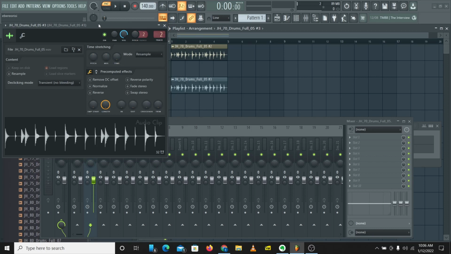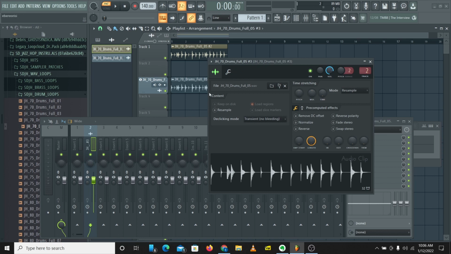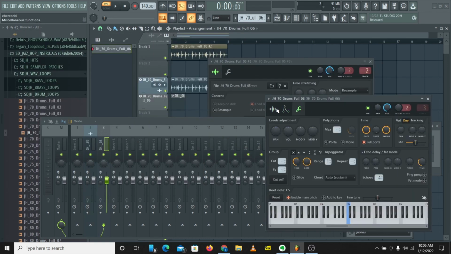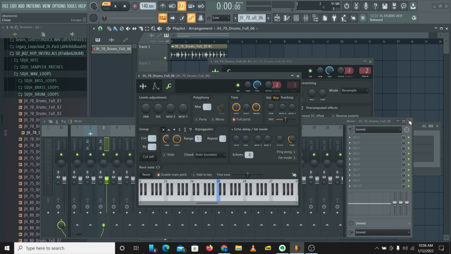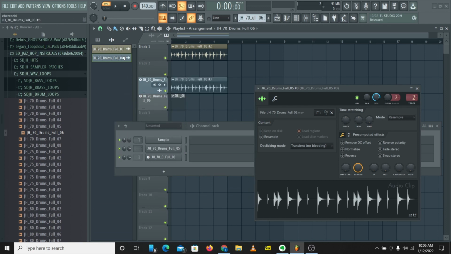If we load up an audio track, we get the sampler loaded up as audio, and if we load up something directly on the track as an instrument track, we get the sampler loaded up as an instrument. So these are the two different ways the sampler will appear for you in FL Studio, and I just want you to take note of this. In this series, we'll mostly be using the sampler as an audio track, not an instrument track. We can do some things using the sampler as an instrument track, but for now we'll just see what we can do with the sampler as an audio track.